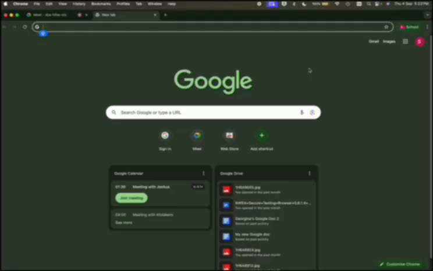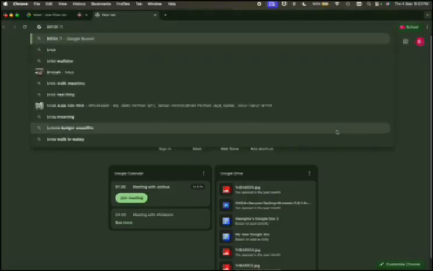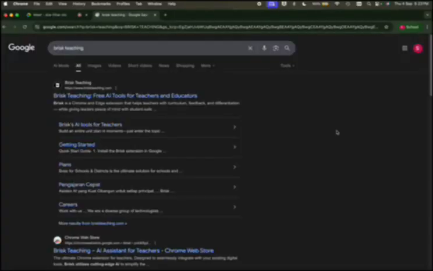So that means that profile is created on Chrome, and so anything I'm doing on this Chrome is tied to that account. And we're going to see why that is important, especially in this training. To go to Brisk, you just need to type it, Brisk Teaching online. Just type it, and it's always going to be the first you will find on the browser in your search results. So you click on it,